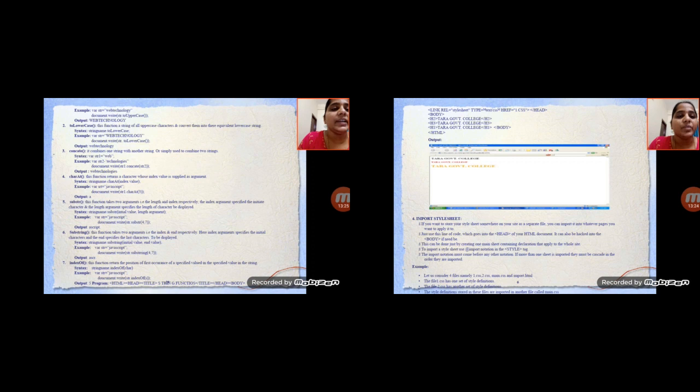This is an example of imported style sheets, consisting of four files, namely one.css, two.css, main.css and import.html. The first .css file has one set of style sheet definitions. The second file has another set of style sheet definitions. The style sheet definitions stored in these files are imported into another file called main.css.